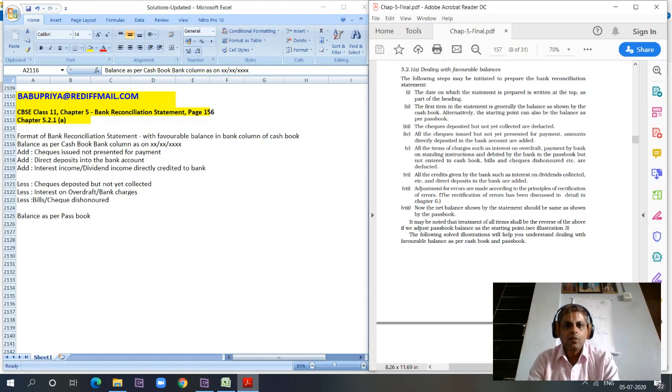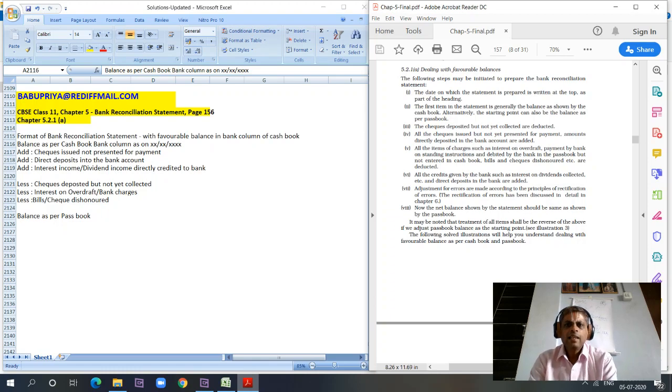So understand, students, there are no entries that get processed here. It is only the statement that gets reconciled. Because if it is a timing difference, then obviously once the check is credited or once we account for the interest charges, etc., then obviously the difference will go. It is only a timing difference, so no entries have to be processed. We are not talking about rectification of entries. Rectification of entries will come into subsequent chapters. We are only identifying what is causing the difference between both sets of books, right? So the nature and cause of the difference has to be documented. That is what we are doing as part of the reconciliation statement.